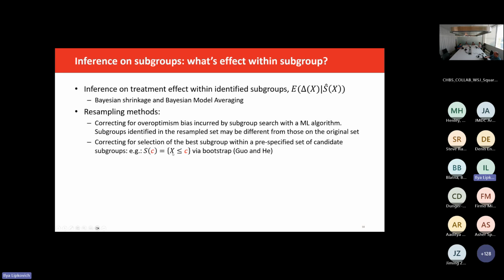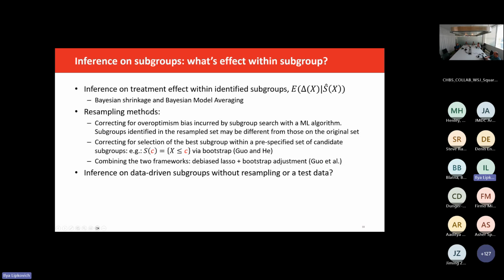There are clever methods that will adjust for the maximum selected subgroup, or best subgroup selected from this relatively small set of well-defined subgroups. And combining the two frameworks, for example, throwing a lot of interactions in lasso and using debiased lasso, plus bootstrap adjustment on those subgroups in terms of these interaction terms, also pursued by some researchers, is essentially a combination of these two.